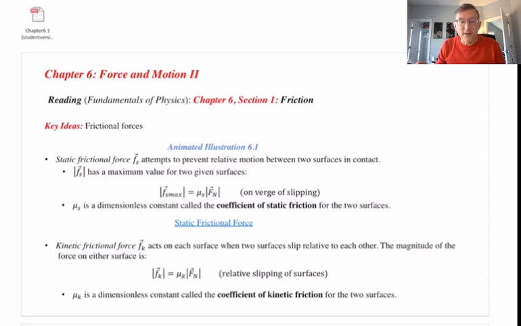This is our first video lecture for Chapter 6 in our textbook. And the title of Chapter 6 is Force and Motion, Part 2. So we're really just continuing the ideas from Chapter 5, which I remind you was where we started what's called the study of dynamics, which explains why a particle moves the way it does, not just how. So we're going to continue with dynamics, and remember, the physics that we introduced in Chapter 5 in order to